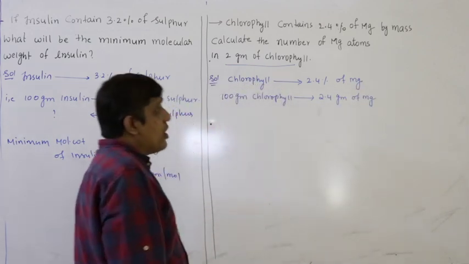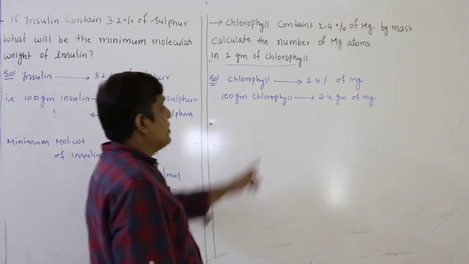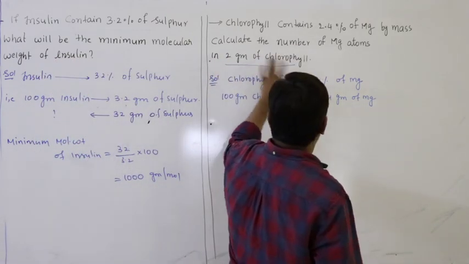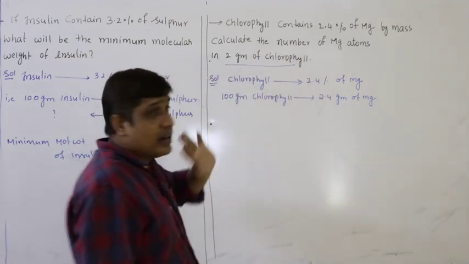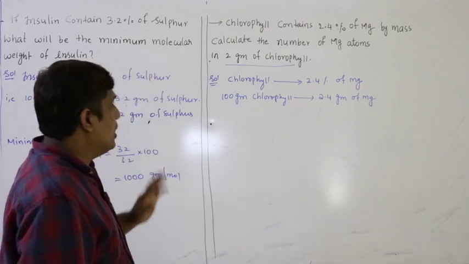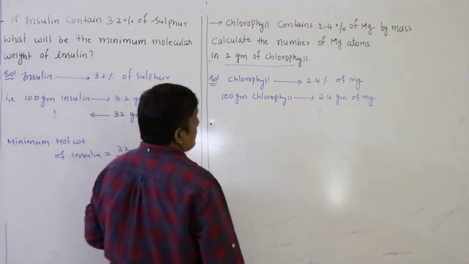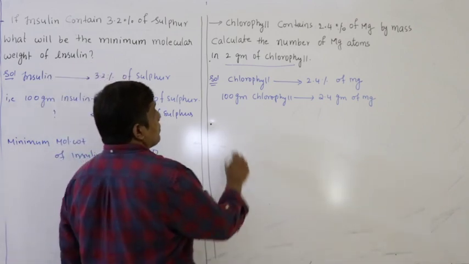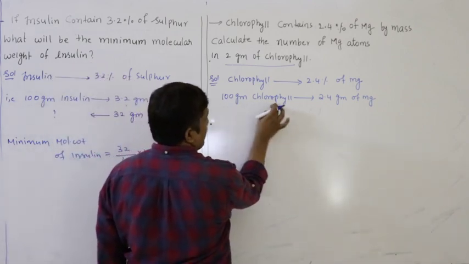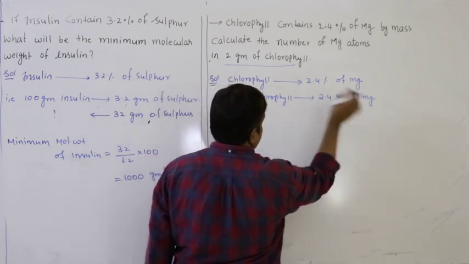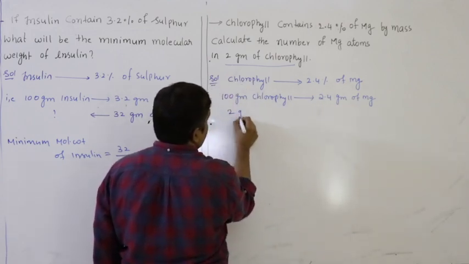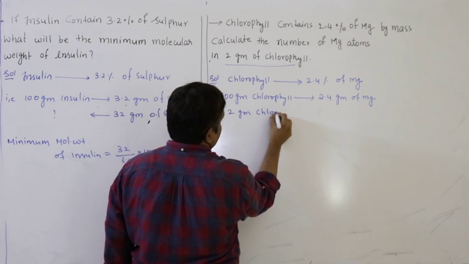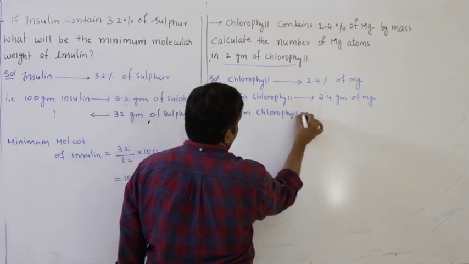But we don't have 100 grams of chlorophyll, we have only 2 grams. So if 100 grams of chlorophyll contains 2.4 grams of magnesium, then 2 grams of chlorophyll contains how many grams